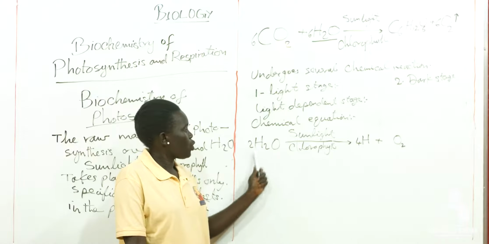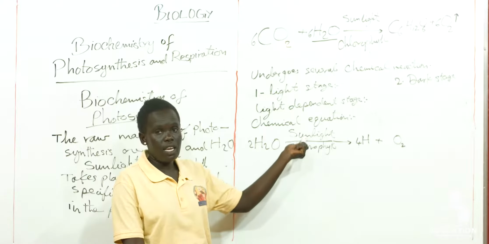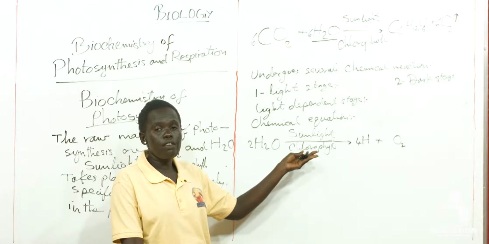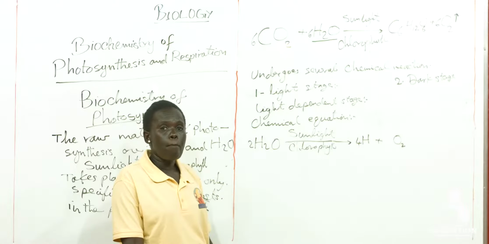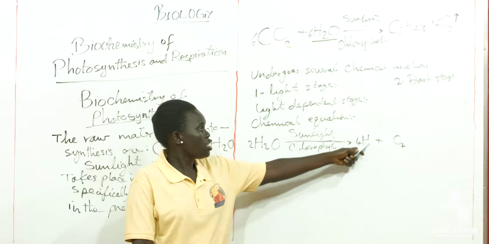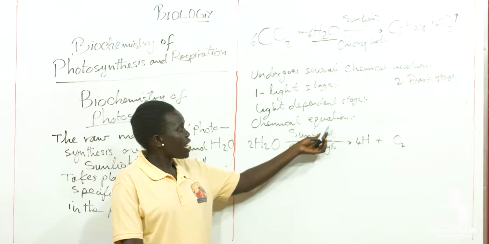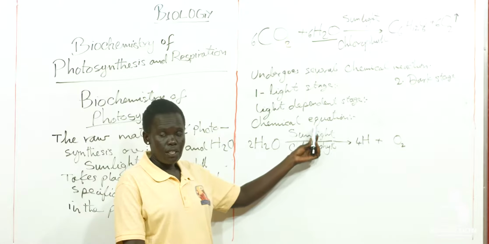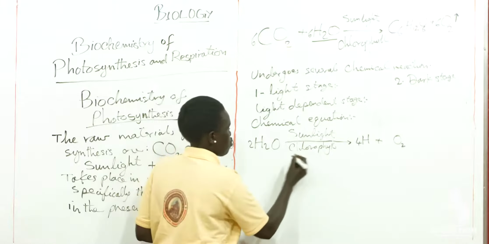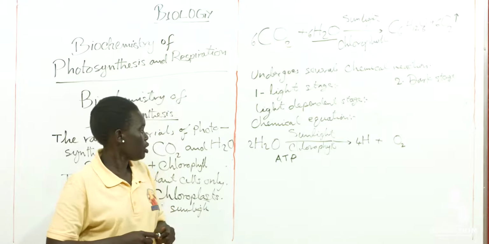Here the water molecule is split into hydrogen atom and oxygen atom through the energy of light or sunlight, and this sunlight is absorbed through chlorophyll, the green pigment on the leaves of the plant. In this stage, when the water molecule is split into these two atoms, the rest of the light absorbed by the chlorophyll is kept to be changed into ATP,